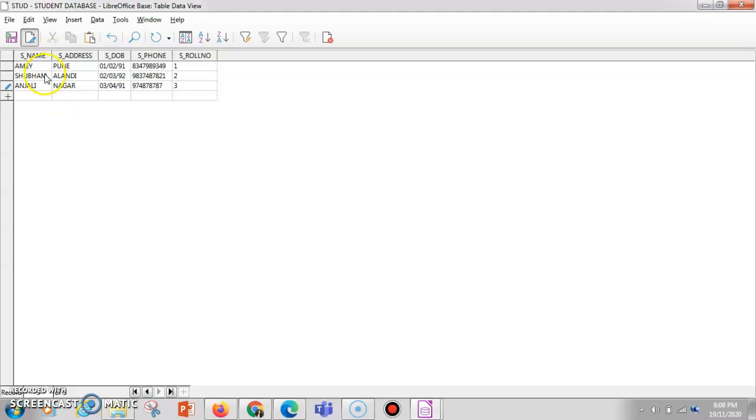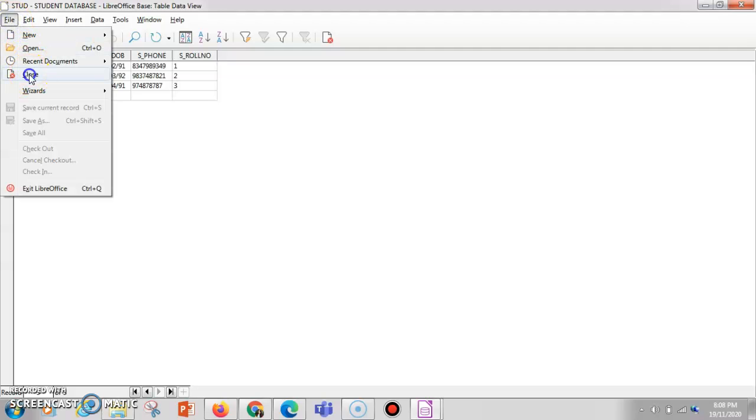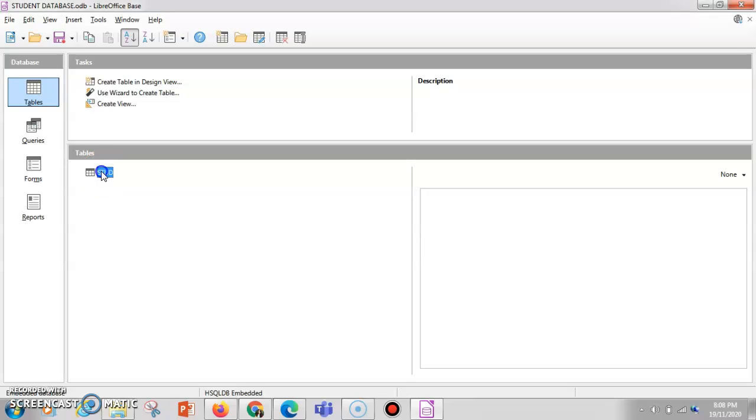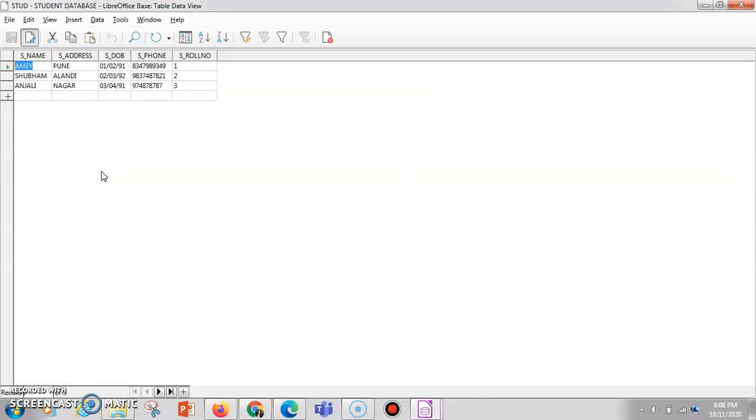Now if you save it, it is going to be saved. Okay, so if I close it and I open it again, now you can see the entries which you had filled in it, they are there. Okay, so this is the edit mode. You can stop the edit mode. If you stop the edit mode, you cannot do the addition. Again if you want to start the edit mode, you can start the edit mode. So it works like that.